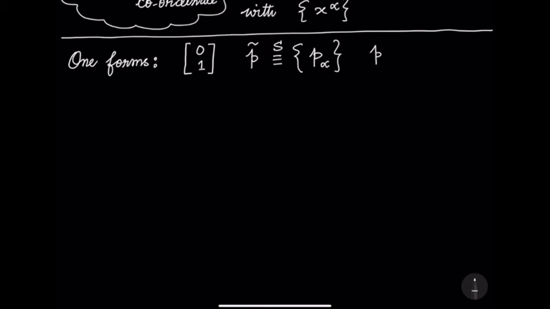And the one forms can be written in terms of their components, and you will need the one form basis. So these are basis one forms. These are components